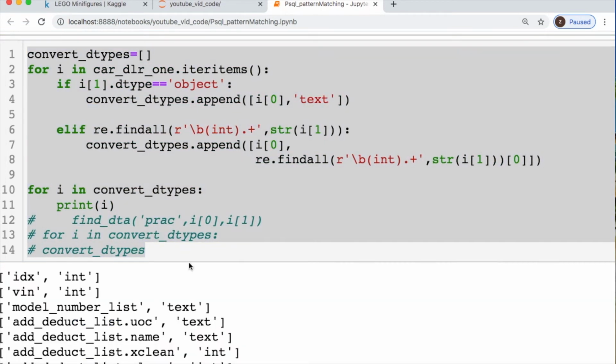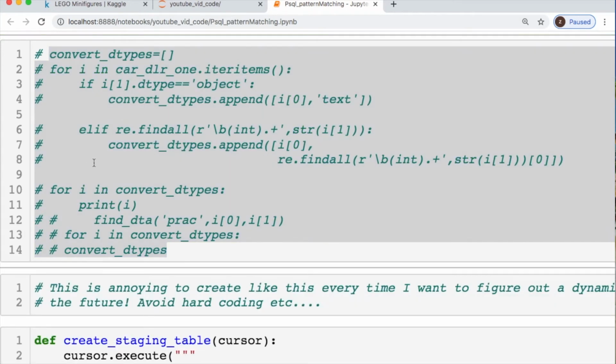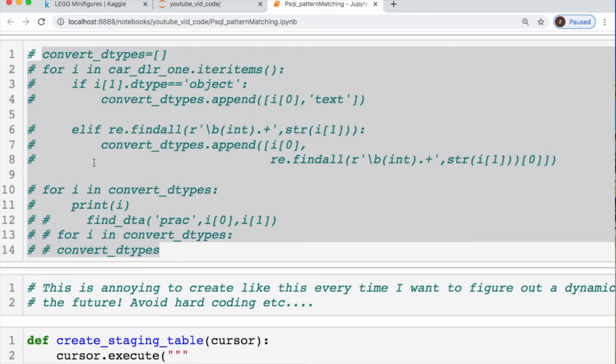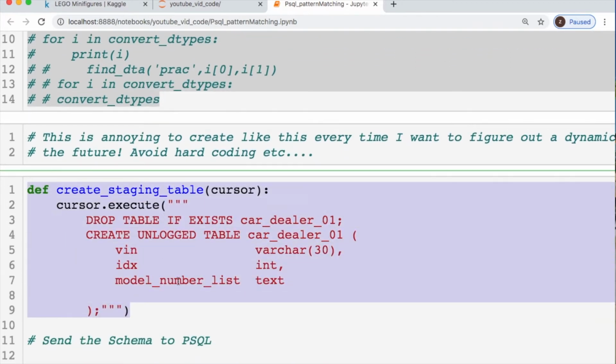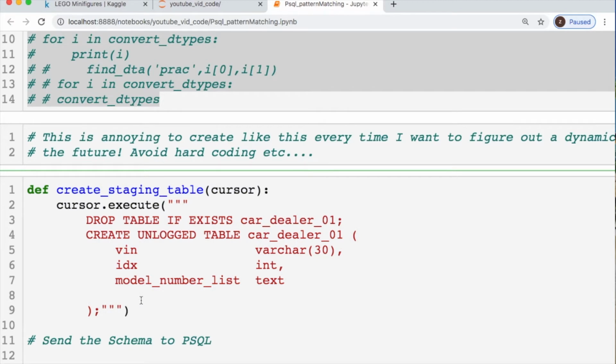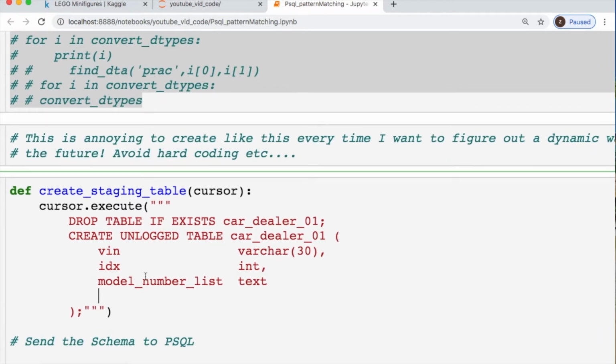This kind of dragged me for a little bit of a loop, but here's the ID or the index, the VIN number, and some of these columns from our data frame, and I converted them into these data types that are usable for Postgres. But I'm trying to figure out a way that I could make a dynamic table where we can throw these in all at once, instead of writing this annoying thing, which is useful for writing a couple individual columns, but it doesn't work if I have 100, 200, 1,000 columns. It's useless. Think about that in the future. If somebody has some great ideas or some links, send those my way.